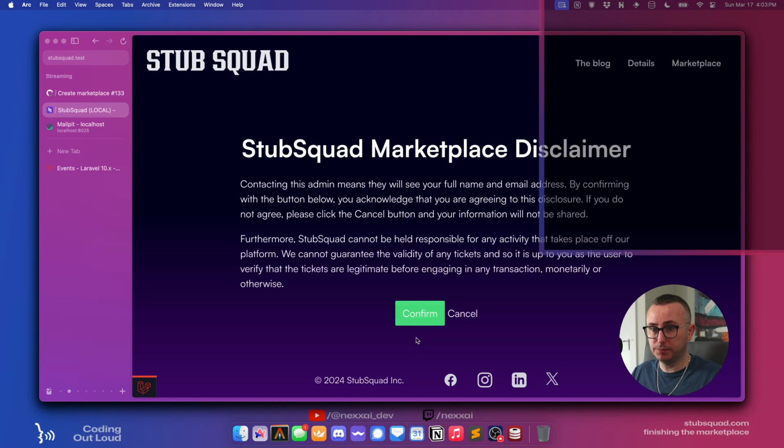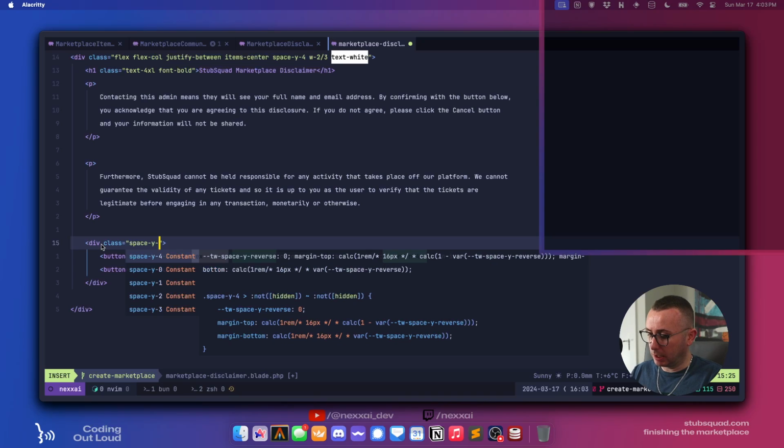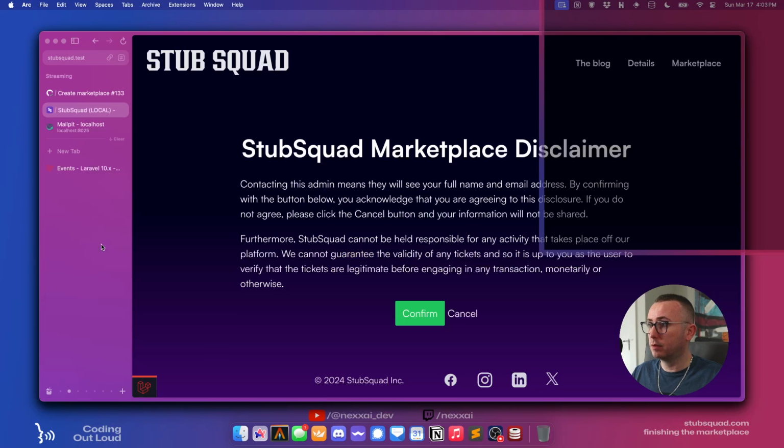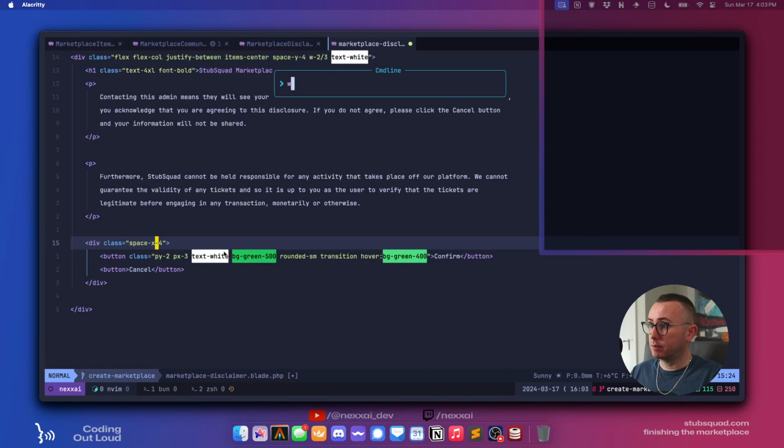That looks better. And then we're going to want some spacing between these. So class space-y-4. Oh, space-x-4. Space-x-4. There we go.